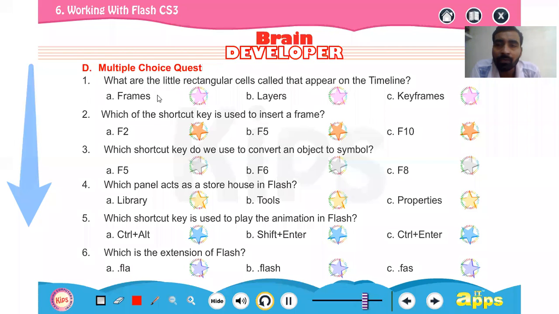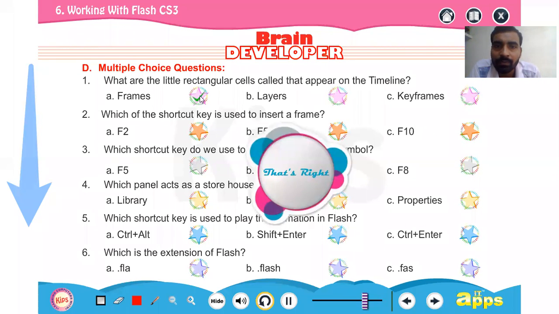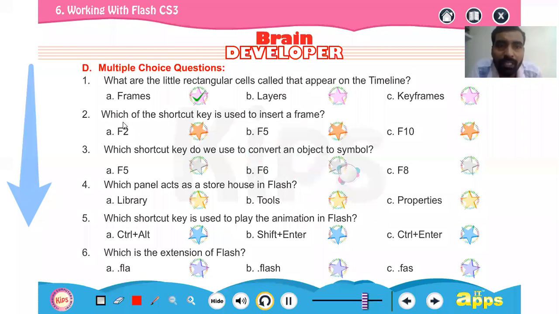Multiple choice questions. Next we have multiple choice questions, MCQs. First question, what are the little rectangular cells called that appear on the timeline? So it is frame. Next, which of the shortcut key is used to insert a frame? F5.